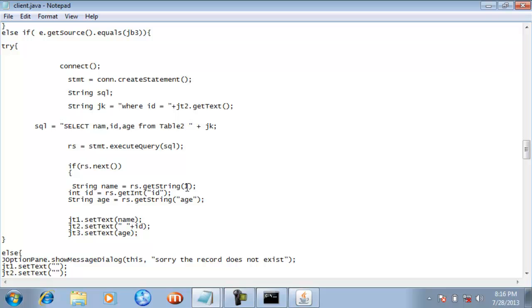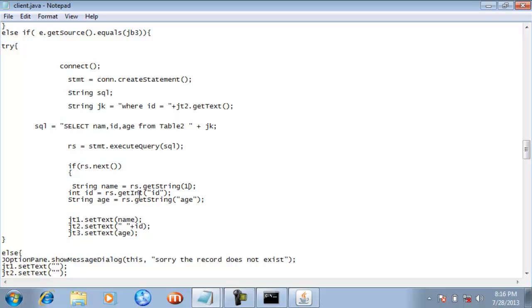So since the data type is string, we have used the getString method with this rs named object. So actually getString method is existing inside the result set class, and so we are able to use it. So this rs.getString will return the name which is existing inside that specific row.